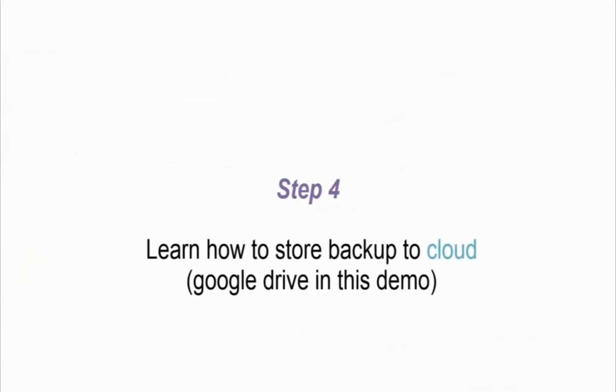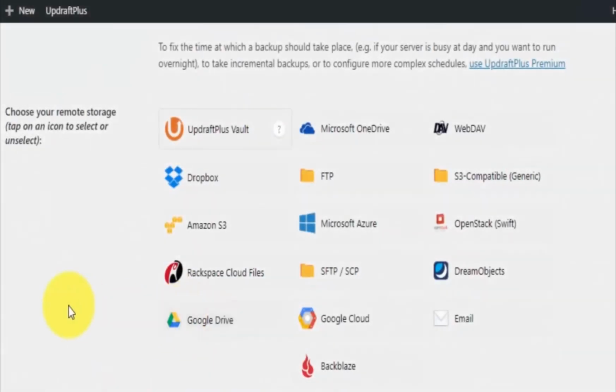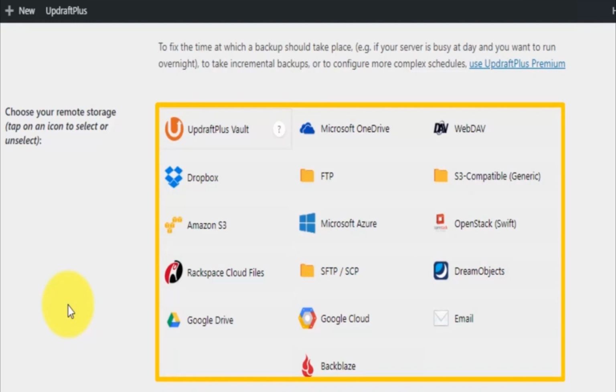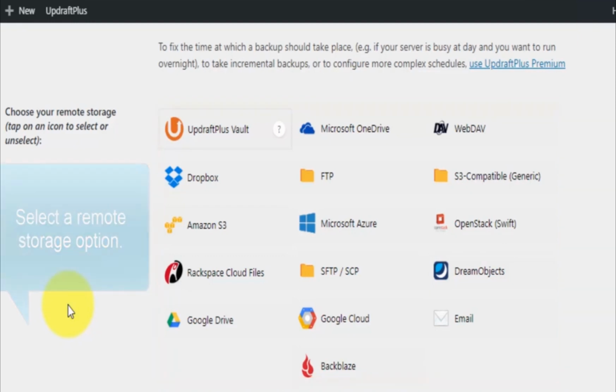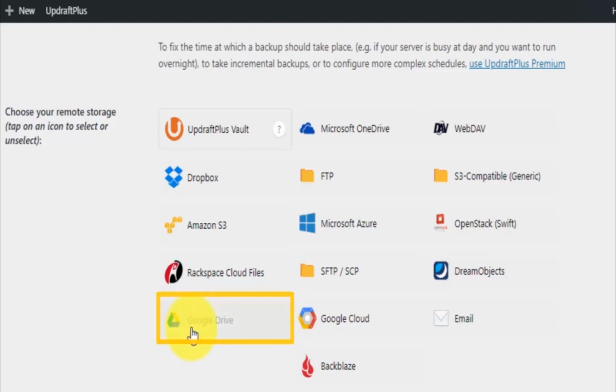So here, how to select cloud storage. Today I will select Google Drive. You can select any one, plus Microsoft. Today I will use Google Drive.